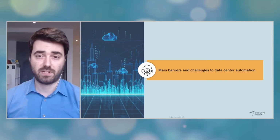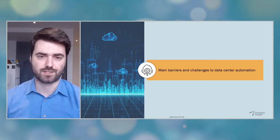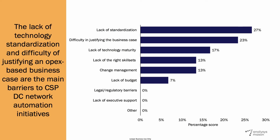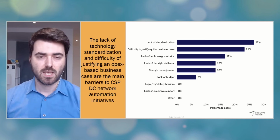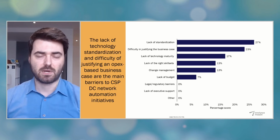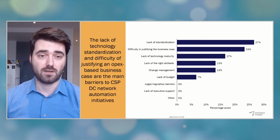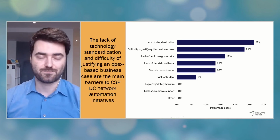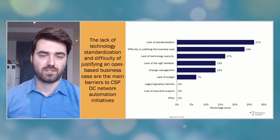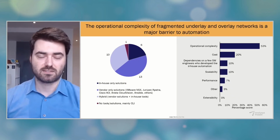Yes, so according to our survey, CSPs are facing 2 major barriers that are hindering their data center network automation investments and the progress. First, it's the lack of technology standardization and fragmentation in their data centers. And the second is the difficulty in justifying an OPEX-driven business case for automation. And in addition to these 2 barriers, our interview surfaced another barrier that is related to the data center ownership structure and organizational mindsets. So let me go into detail on each of these barriers, and let's start with technology